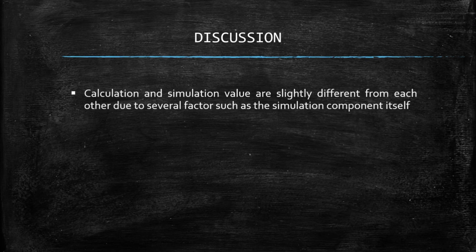Besides, the different result can also be caused by inaccurate reading of the output waveform. The output waveform is where we get the value for both positive and negative cycles by using the cursor on the simulation oscilloscope. The cursor needs to be placed at a certain place to get the actual value for the output voltage. For example, from question 3b, the negative cycle from simulation is only negative 1.632 volt. But if we place the cursor accurately at some place, the value may change and get closer to the calculation, which is negative 1.7 volt.